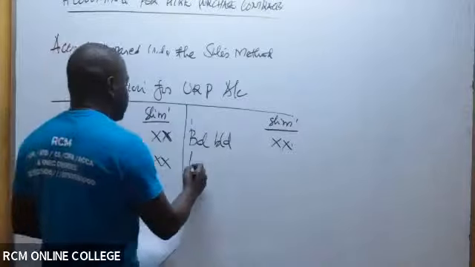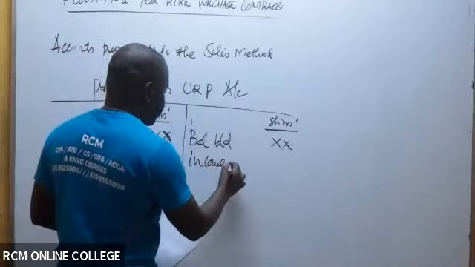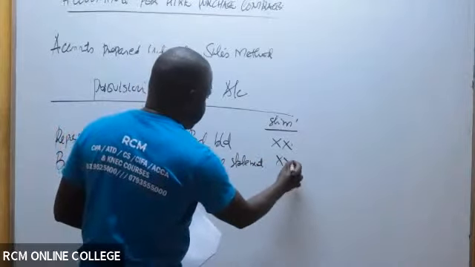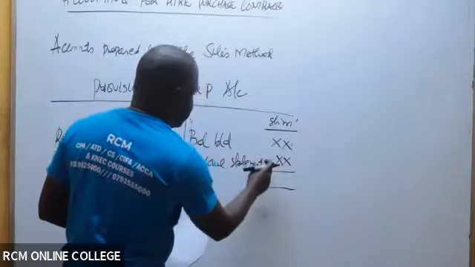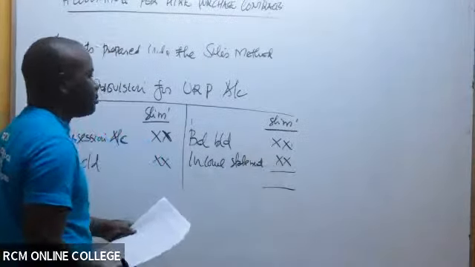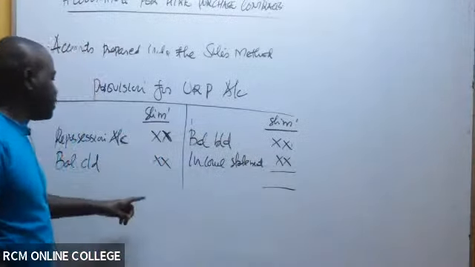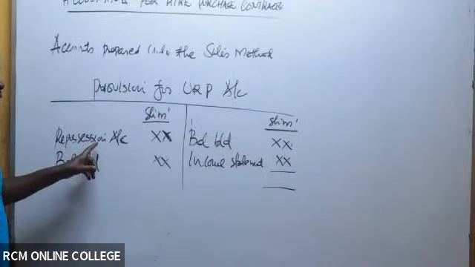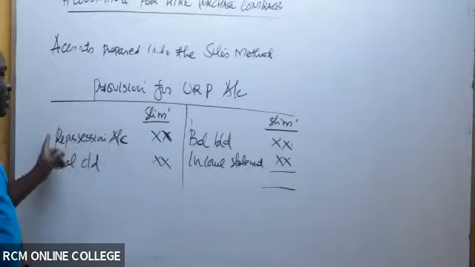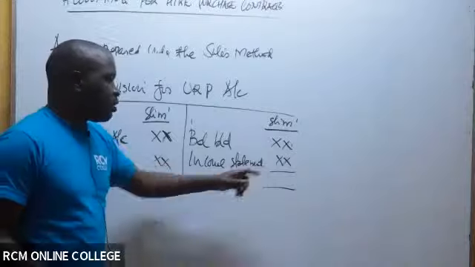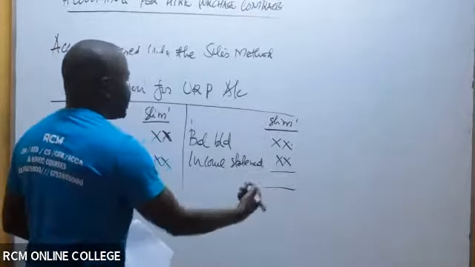Remember, what you get as a difference, you can take to the income statement now as an expense. This will be the balancing figure. So you take the unrealized profit at the start and the unrealized profit at the end. You compute the unrealized profits for the year, using your formula, and put it here. Then what you'll get as a difference, this now becomes the balancing figure, which you will take to the income